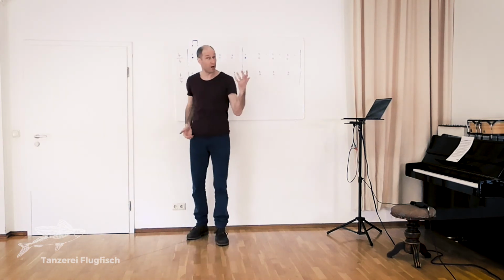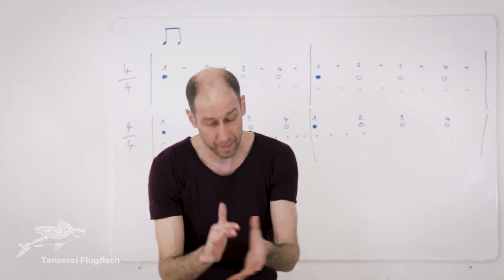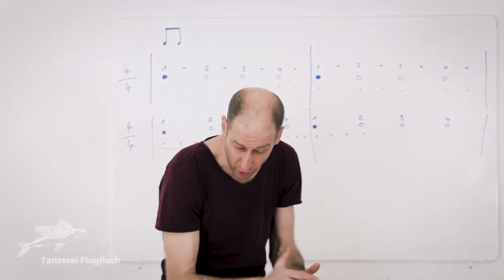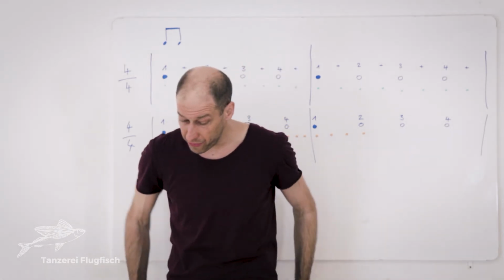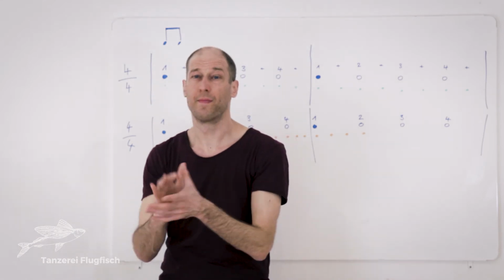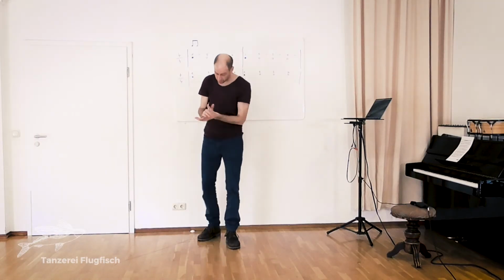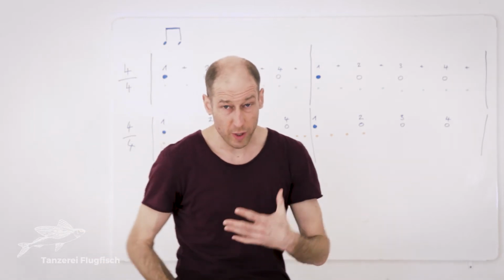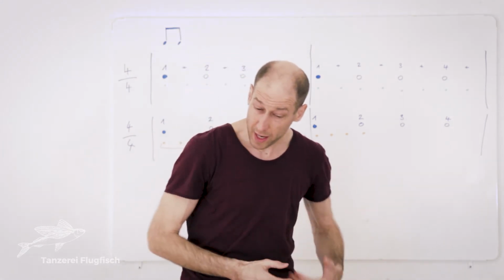To compare, before, it sounded like this. Before I was counting 1 and 2 and 3 and 4 and 1 and 2 and 3 and 4 and... Whereas now it's a whole different feeling. If I wanted to count this, the most common way that I know of to count this would be 1 and a 2 and a 3 and a 4 and a 1 and a 2 and a 3 and a 4 and a... If I slow this down again,